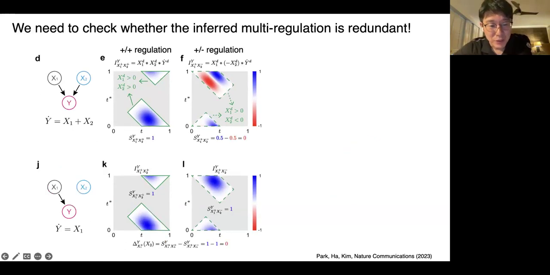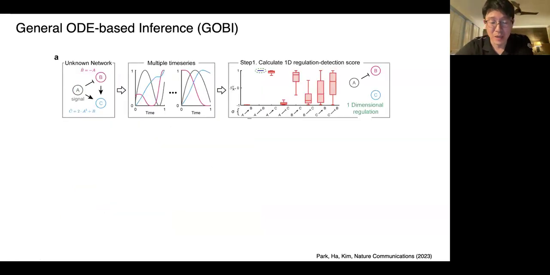But sometimes you can see that both regulation functions become blue. In this case, plus plus is yes, and plus minus is also yes. When this happens, the second regulation, plus and minus, coexist. That means the second regulation doesn't matter, so the actual regulation is 1D. So by looking at these cases, we can remove the one causation from this 2D regulation. So that's all. Now we are ready to apply this framework.